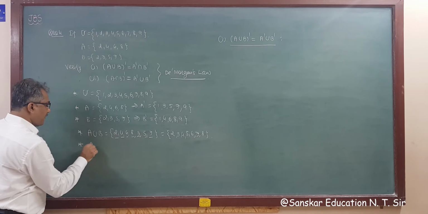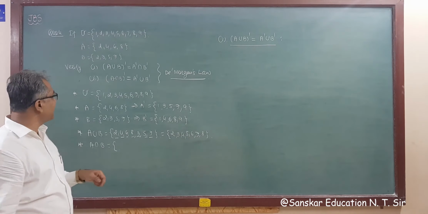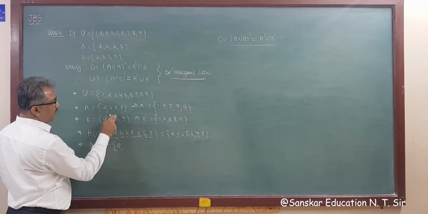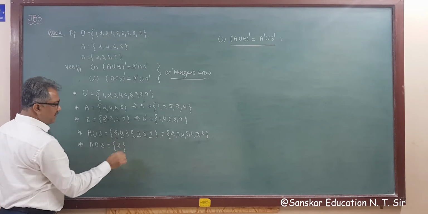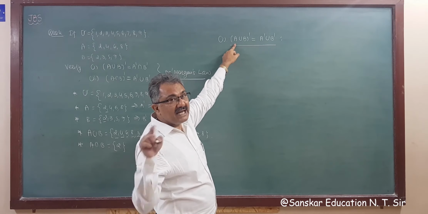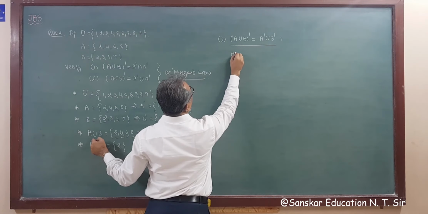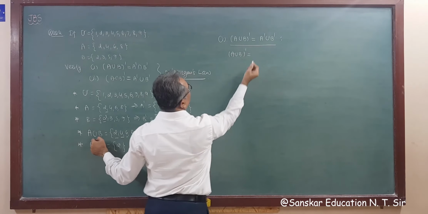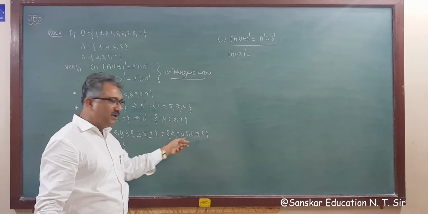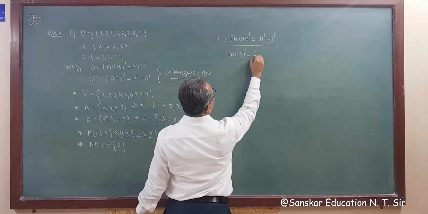Now A intersection B. A intersection B means the set of all elements which are in both. That is, the common elements in both sets. So the common element of both sets is, see here, 2. So 2, no 3, no 4, 5, no. So only 2 is the common element. Right? Now for the first, we have to find out A union B dash, that is the complement of A union B. So A union B is this. Therefore A union B whole dash is equal to the set of all elements which are in U but not in A union B. So 1 is not here, 2, 3, 4, 5, 6, 7, 8 all are here. So only 1 is the answer.